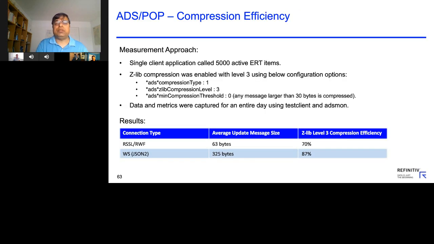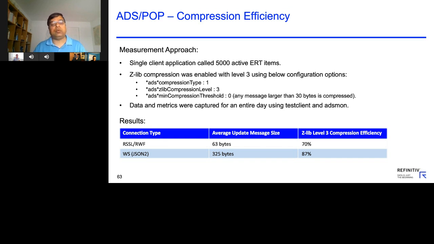And the last set of numbers I have are about the compression efficiency. I think we probably discussed this in the last CAF as well. So I'm using this mostly to talk about the approach we take, and don't use the sample XML and run through it, because the compression algorithms, whether it is zlib or LZ4, are smart. It will figure out the pattern, and you will see astonishingly good compression ratios that you will never achieve in real life. So the way to do this is take a certain watch list and run it through live data,